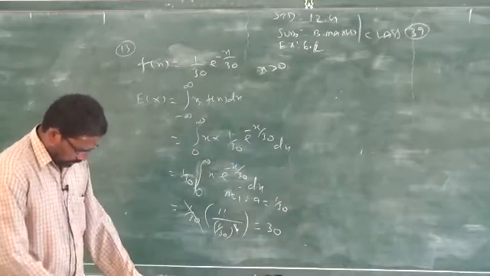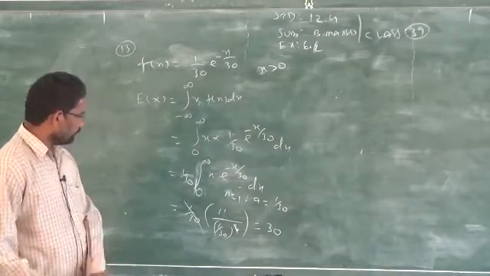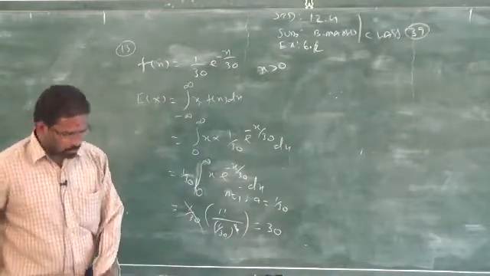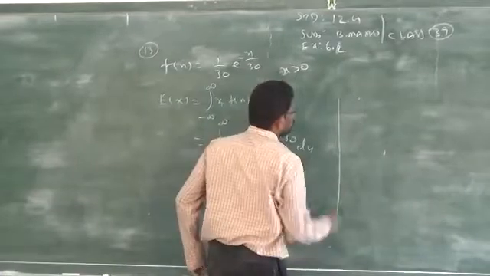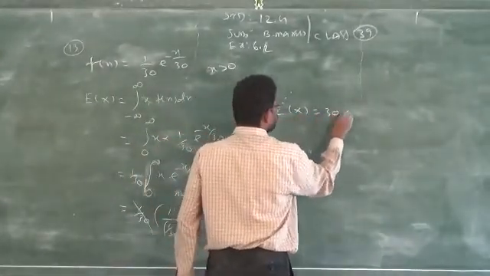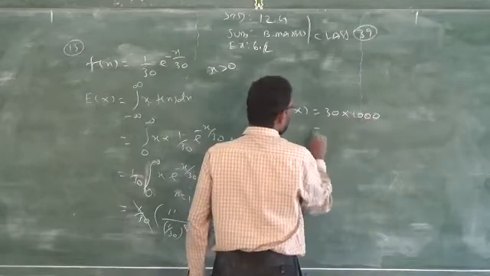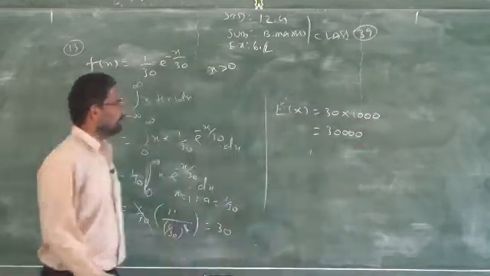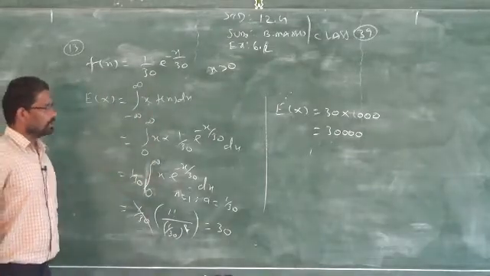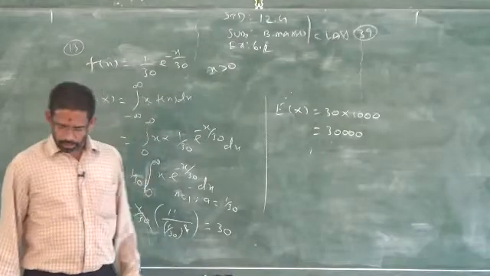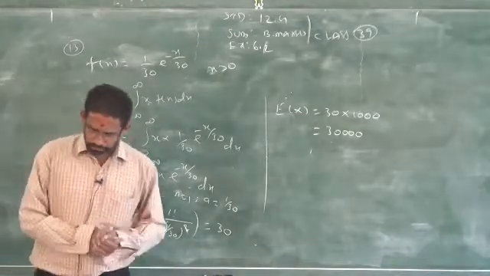Sum number 13, we will check our answer. 30 is the correct answer, but you have to write down the answer in terms of what? Thousands. Therefore, you have to multiply that answer by 1000. Why do I need to multiply by 1000? Because it is given in the question: write your answer in terms of thousands. So I am multiplying by thousands. I got how much? 30,000. Clear? So you have to complete these problems.